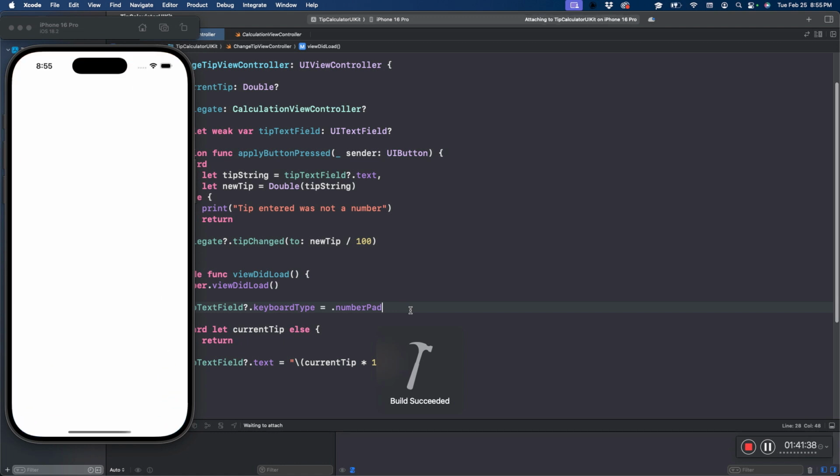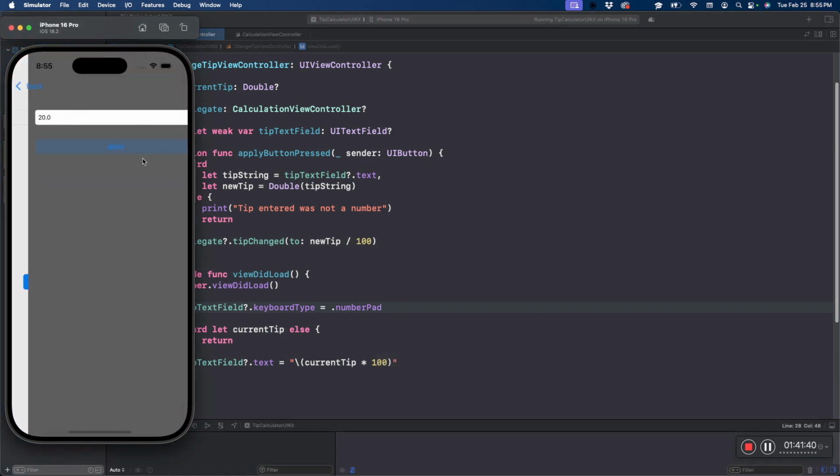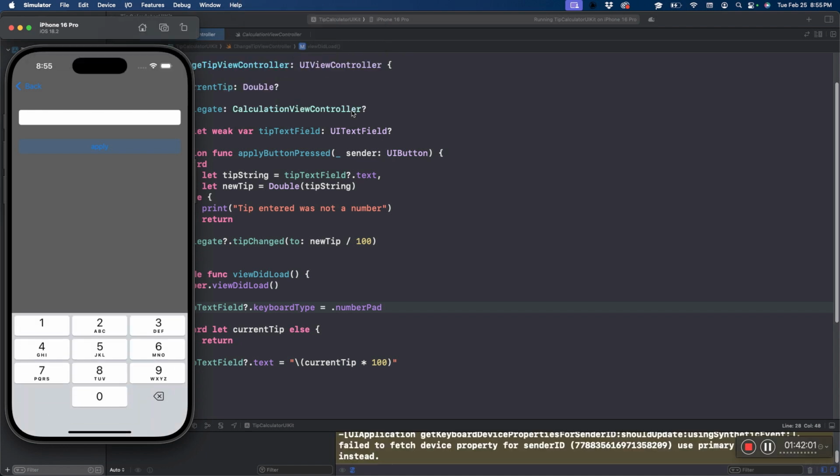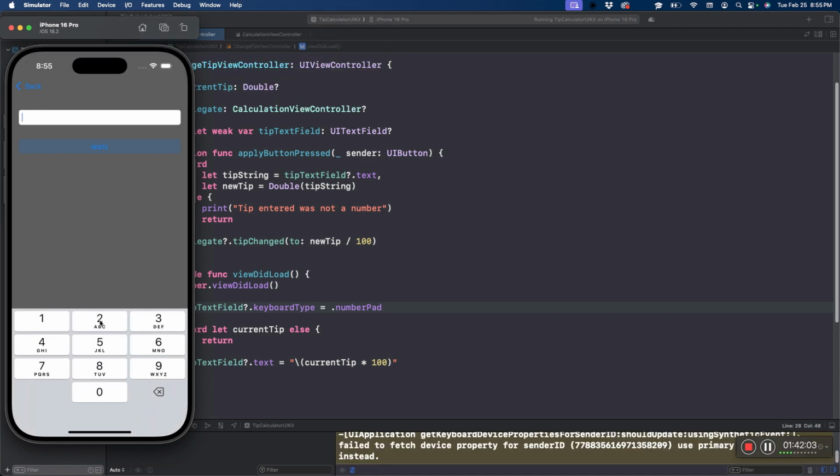So to do that, so I am still able to enter whatever with my keyboard, because this is the equivalent thing of the iPhone being connected to a Bluetooth keyboard. Very unlikely that someone will be. I think I showed you this last time. You can toggle the software keyboard. So the software keyboard now,